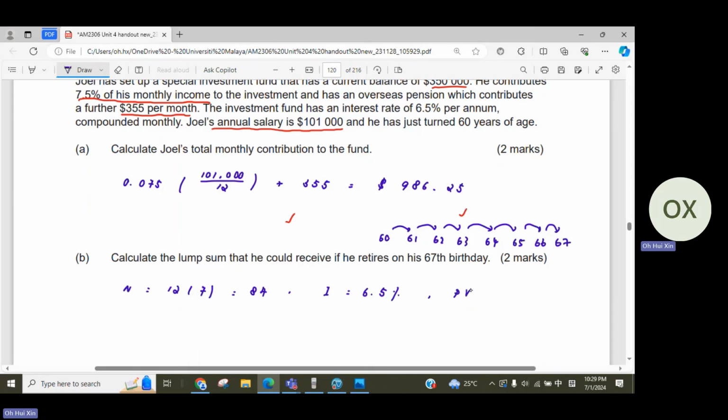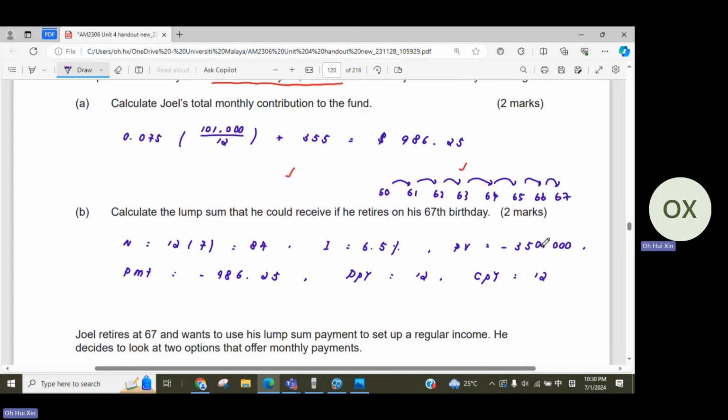Okay, so PV is the initial value that the investment fund starts off with. So we have 350,000. So the PMT is the total contribution that we got in part A, so negative 986.25. CPY 12. CPY 12. Okay, because the deposit is made monthly, the interest rate is compounded monthly. So key in all these values in the calculator, then we should be able to get FV equals to